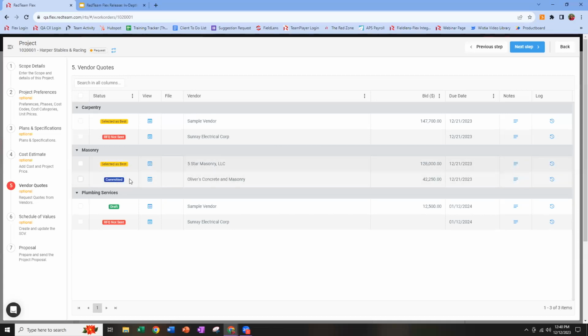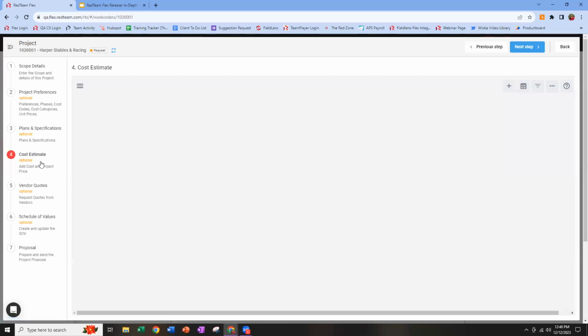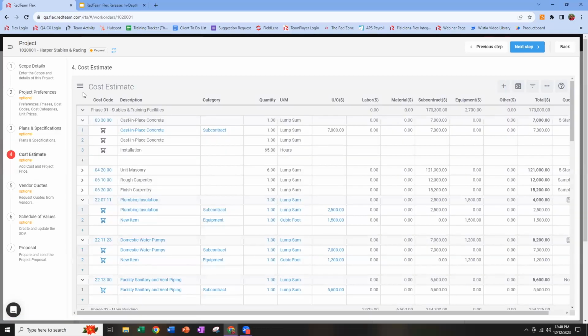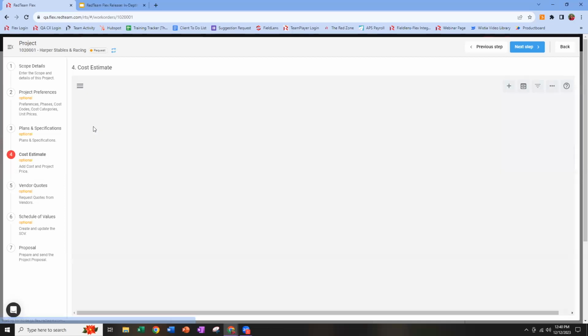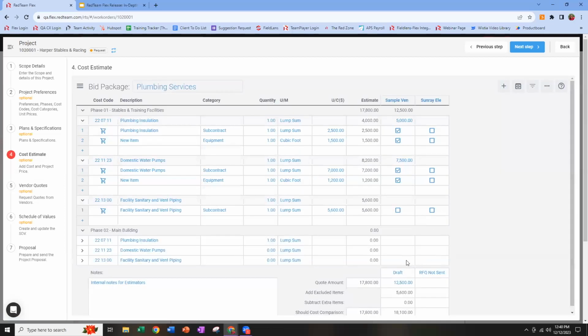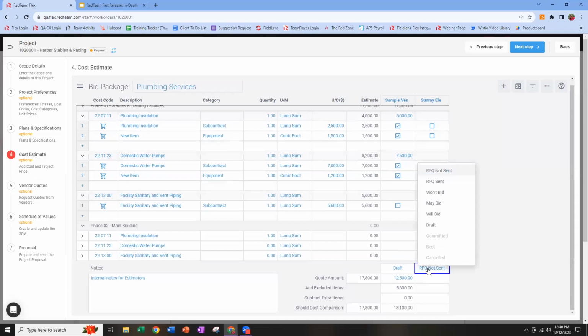Assuming I've got my bids, where's my tools icon or my star to compare? Again, that's going to be back in the bid package. A lot of that editing and all those comparison features are going to occur over here. So we come back here to our plumbing services bid package, and let's again mark this one as a draft. We'll say they bid